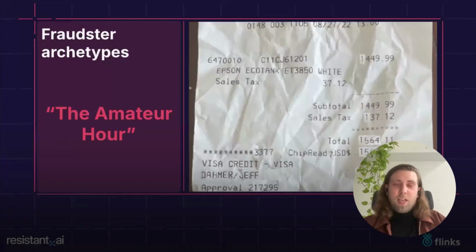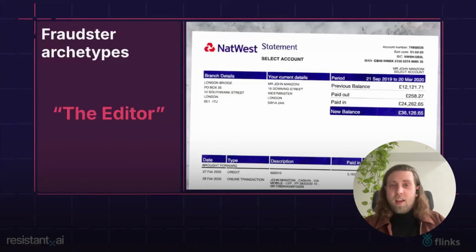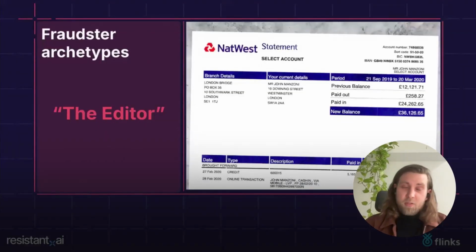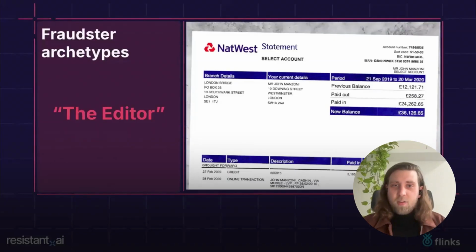So those are the 2 types that are less sophisticated. But if we move on to the other one, this one we call the editor. And this is where things start to get really interesting, because suddenly you have a fraudster who uses any of the many available PDF editing tools to edit the content. So this is going to match the fonts and the visual elements. This is not going to be suddenly detectable by the naked eye. And you need to look at other types of information that the PDF contains to be able to tell, well, is this really trustworthy or not?